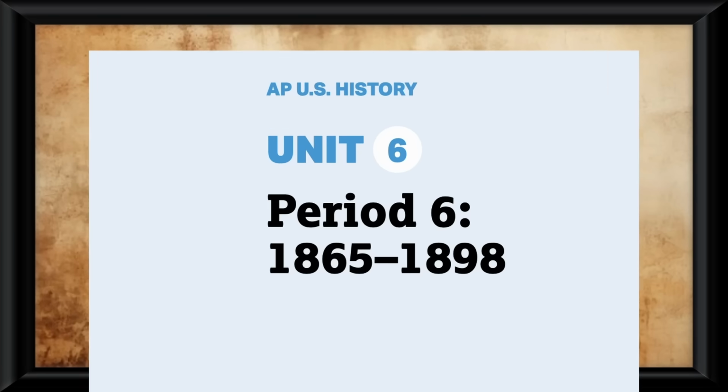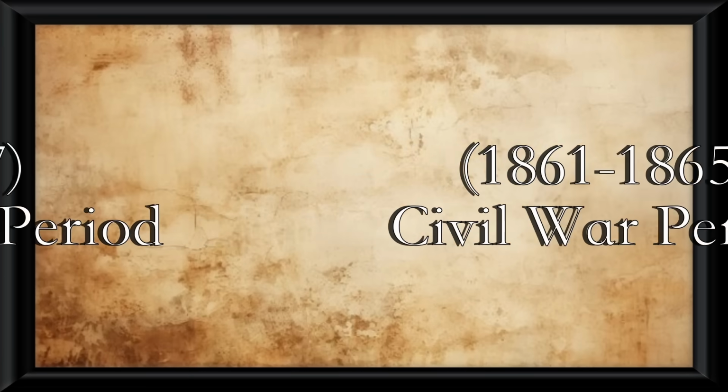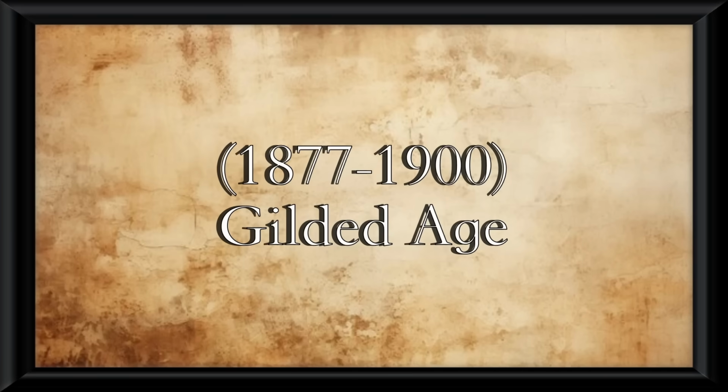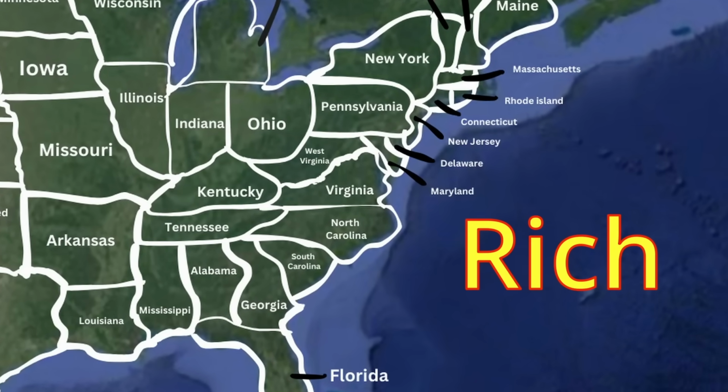Unit 6 is here, and we transition into a new time period of American history. We covered antebellum, the Civil War, and Reconstruction, which are all viable eras of American history. Now we transition into a new era called the Gilded Age. This era will be explored throughout this unit, but the biggest thing to notice is that the US will slowly start becoming controlled by the rich throughout this era, not the government.